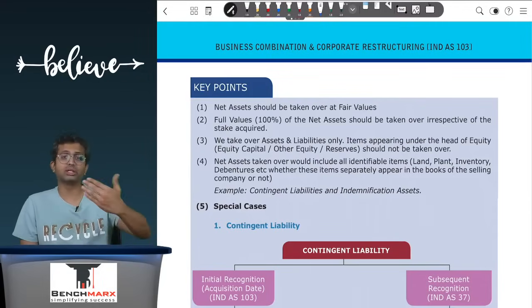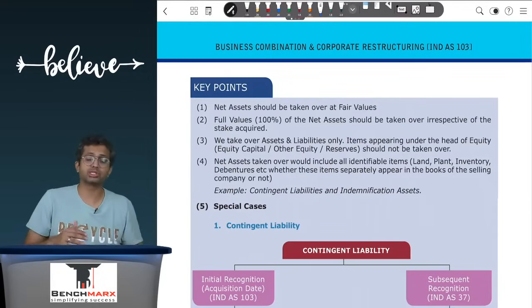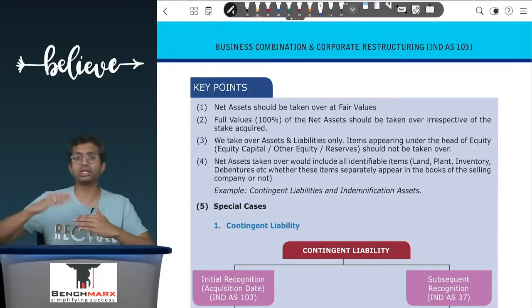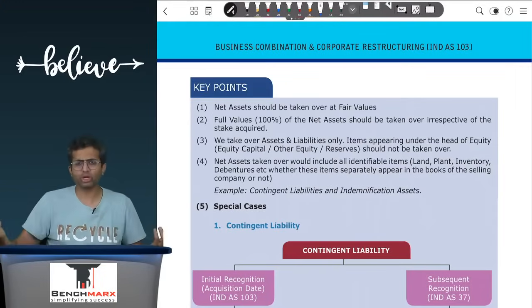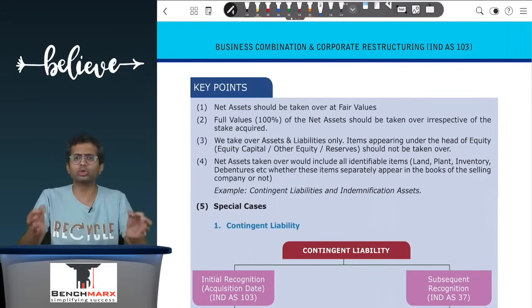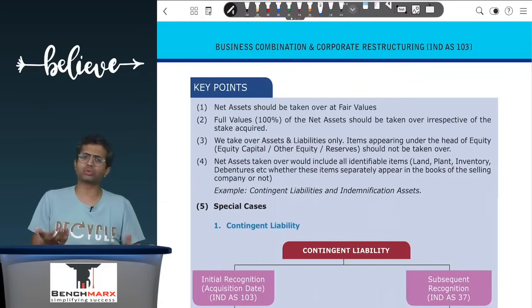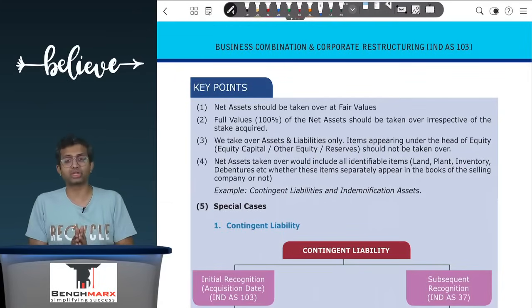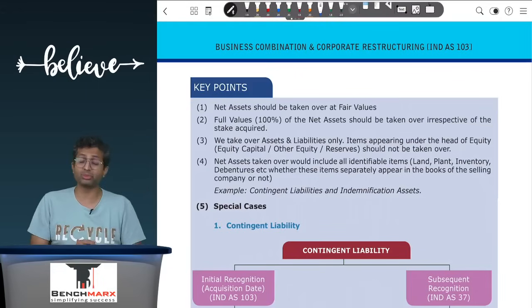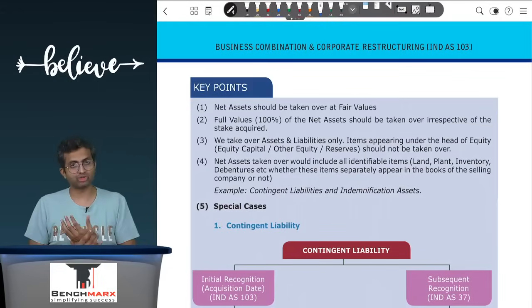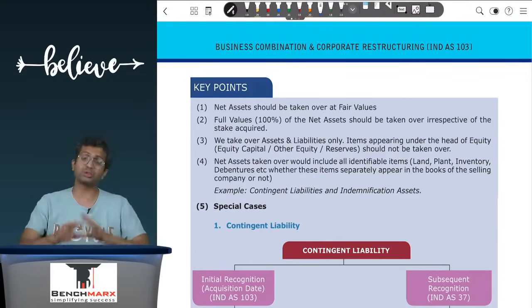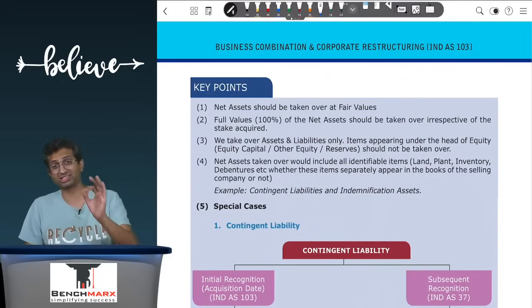On the other hand, if the contingent liability was, let us say, 10 crores, in which case, even though indemnification is agreed up to 15 crores, we cannot record 15 crores because indemnification is only to the extent of loss suffered. So if my loss is likely to be 10, then the indemnification will also be 10. So basically, the indemnification asset will be recorded at the stage of business combination on the same basis as a contingent liability. So as much of the contingent liability that is getting recorded, utna hi proportionately assuming that liability materializes, the indemnification asset can also be recorded as a part of net assets.